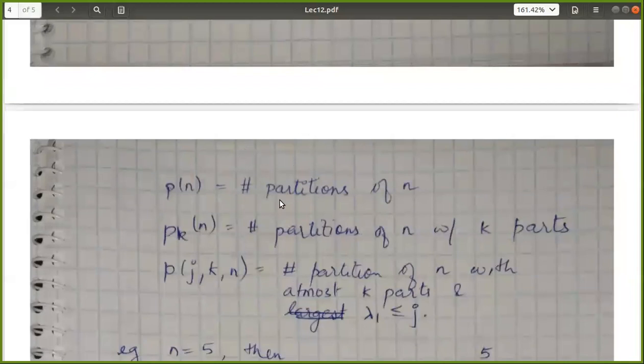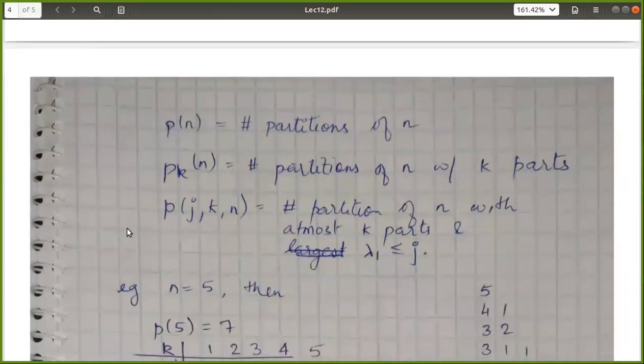And then Pjkn is the number of partitions of n which have at most k parts, and the highest part has the value at most j. What is the highest value in my lambda? It is occurring at the first location, which means lambda 1 is at most j. So keeping these three parameters in mind, if let's say I give you n equals 5,